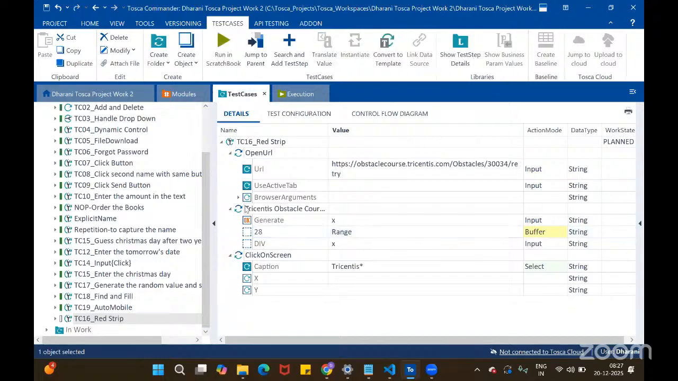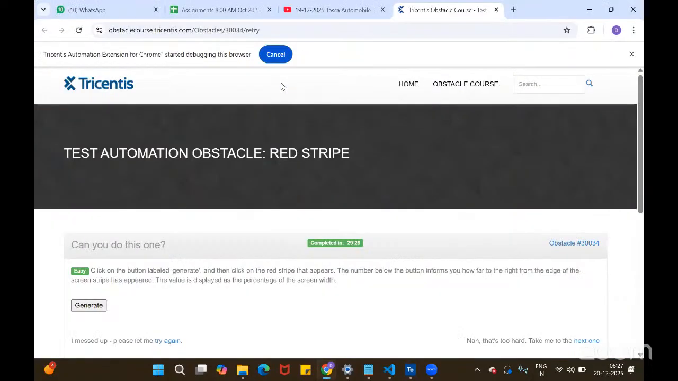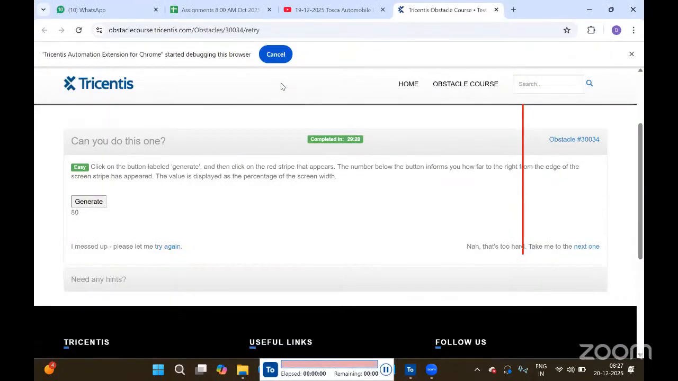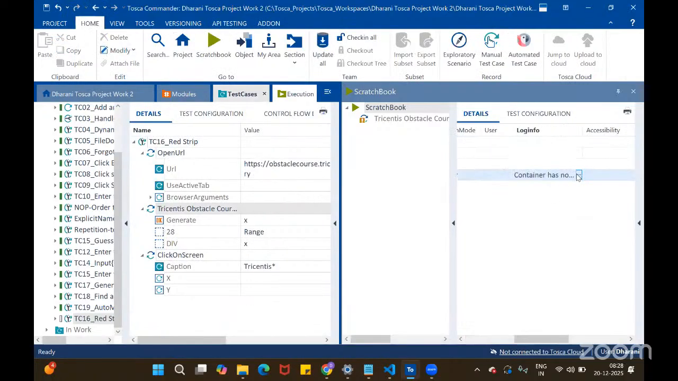If you run the script, just do a run. If the URL is opened, you can run that. It gives an error message. What is the error message? Expand it. Go to log info. What is the error message? Container has no default value to read from, because we are just directly passing the buffer name and buffer action